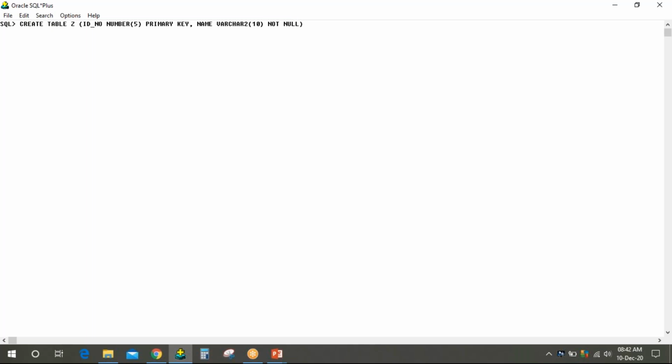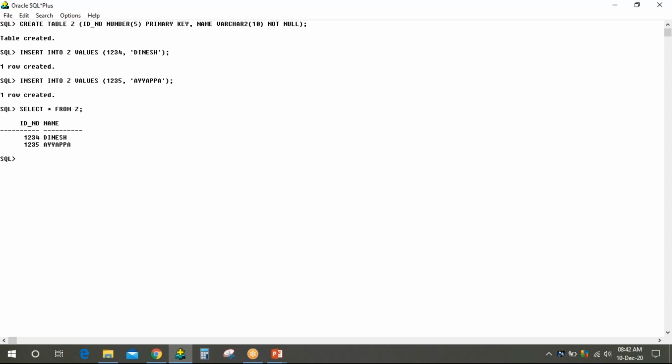It makes sure we have to enter the name. So primary key shouldn't take either duplicate or null values. So let's try to pass both the values.